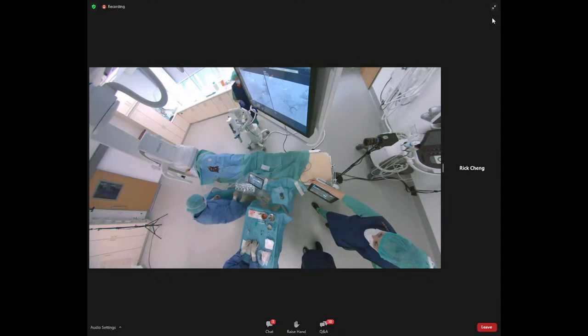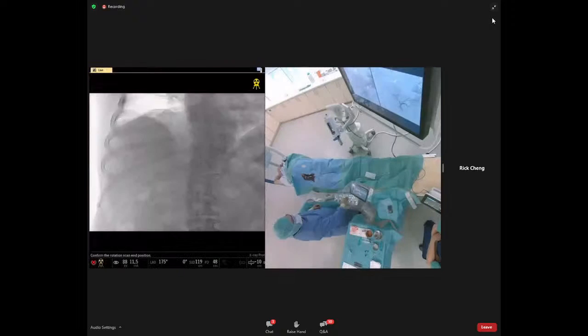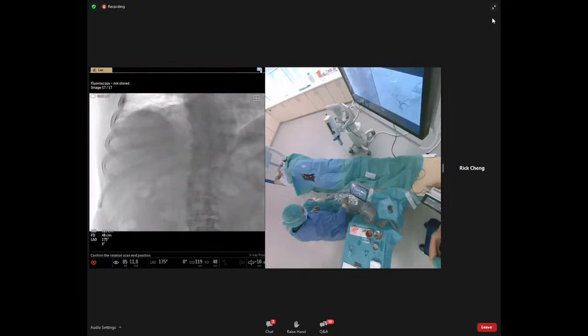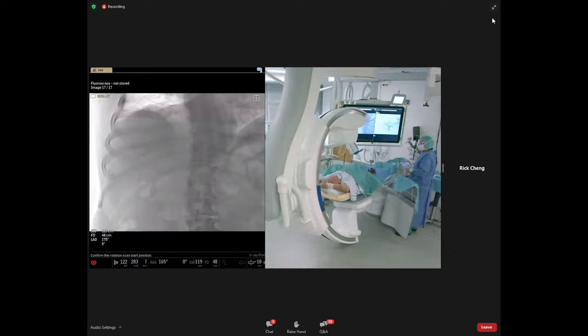The proper injector protocol is set on the power injector. The detector is rotated to the landscape position. Check in the AP position if the liver is in the region of interest by pressing the fluoroscopy foot pedal. It's important to have the liver in the center of your image, especially when you're using the cone beam CT open.